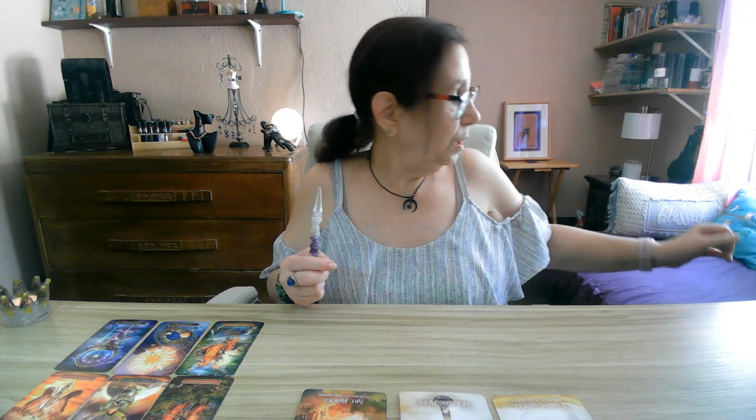So there's this underlying energy of opportunities coming your way, and then the Skybridge card is telling you that you need to take a leap of faith. But let's talk about these two cards here. The Falling Angel, Spiritual Narcolepsy, and Hollow Bone Teachability. Falling Angel, the number 19, talks about